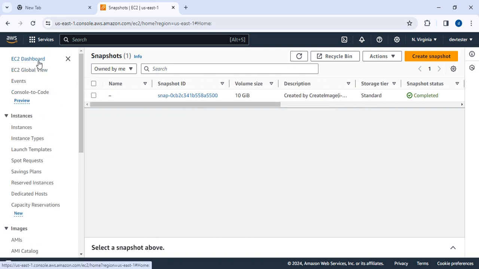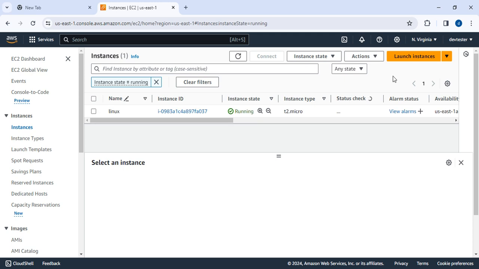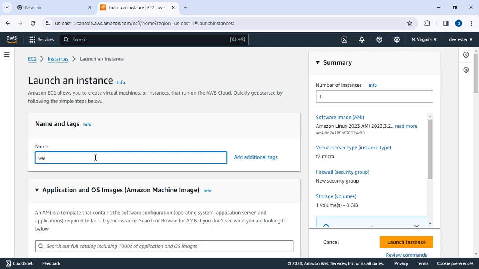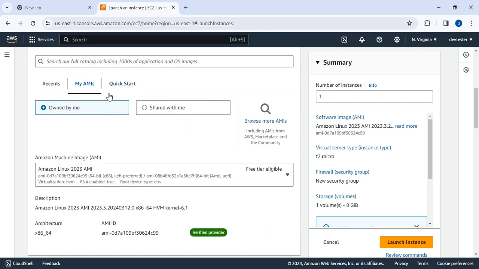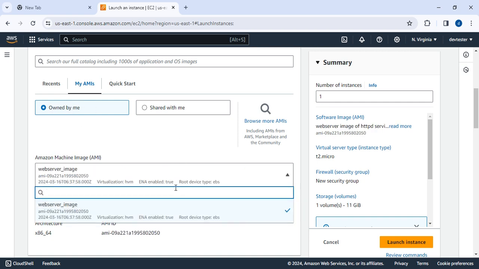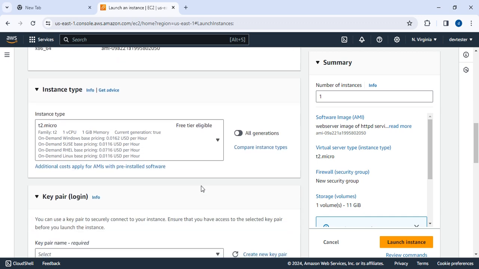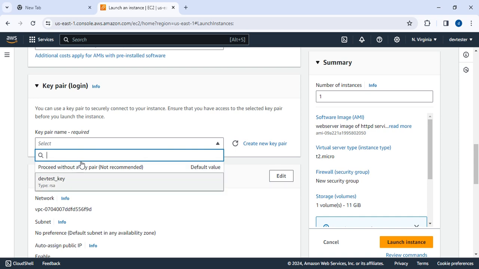What I will do? Simply I am going to the EC2 dashboard, running instance, launch instance. Web server, my AMI and own image. Okay, web server image. Okay, T2 micro as usual. Okay, dev test key. Okay,